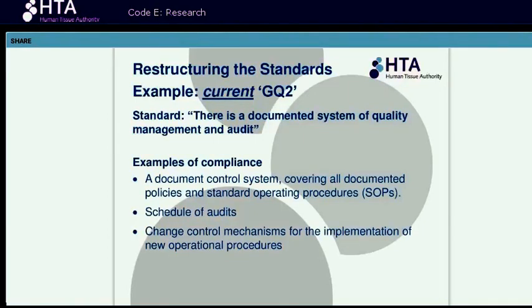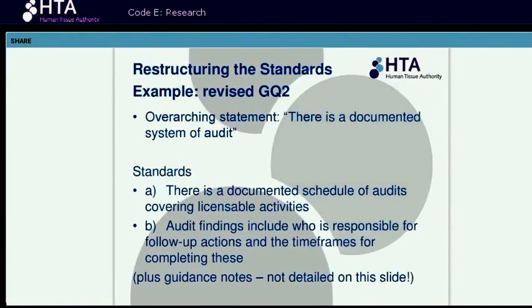There's a documented system of quality management and audit, and the examples of how to comply with that standard are listed below that as bullet points. So there's a document control system, schedule of audits, change control mechanisms. That's the current set-up for that standard. In the new standards, which I'll show you on the next slide, this is the revised GQ2. For the new standard, we have an overarching statement